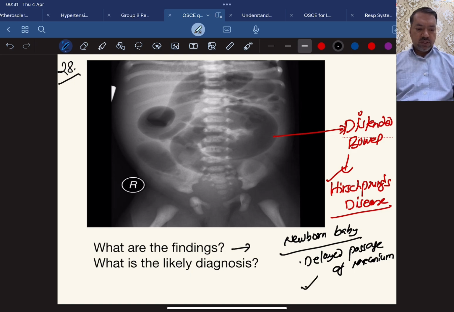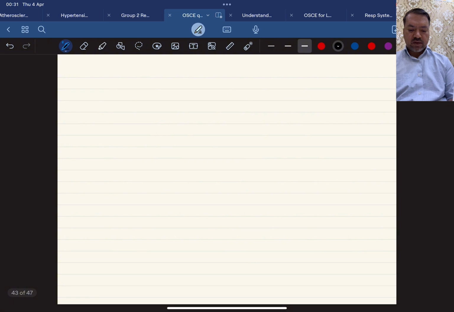And what is Hirschsprung's disease? A little bit of knowledge. Let's utilize this time here. Okay,